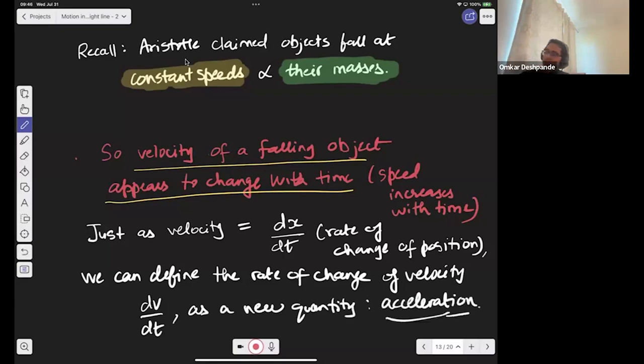So one thing you will note, therefore, is both velocity and acceleration are defined as derivatives. So you understand now how essential mathematics is to physics, because the very definition of these two physical quantities is as the slopes of the tangent lines of the xt graph or the vt graph in this case. If we try to interpret dv by dt as acceleration, that means if